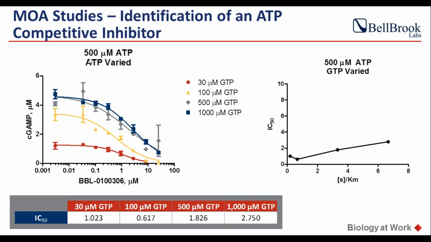Now, the same compound, we want to test if it's a GTP competitive inhibitor. So again, you vary the GTP concentration here, 30, 100, 500, while keeping the ATP at high concentration. And here, the IC50 doesn't shift much. It shifts from about 1 to 3 micromolar, but